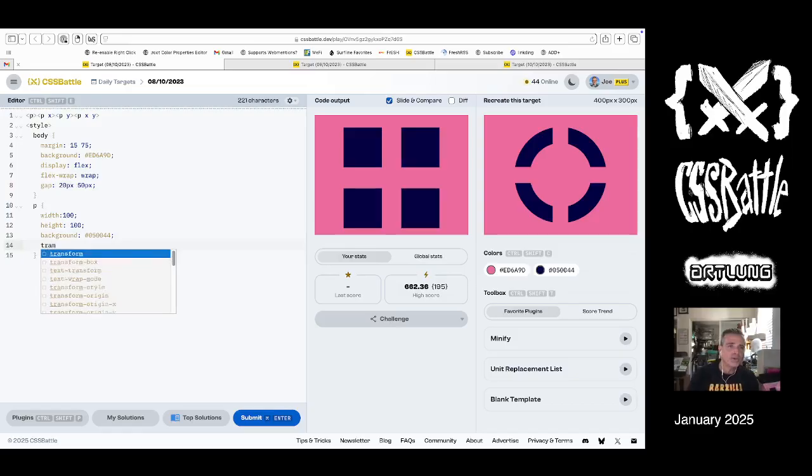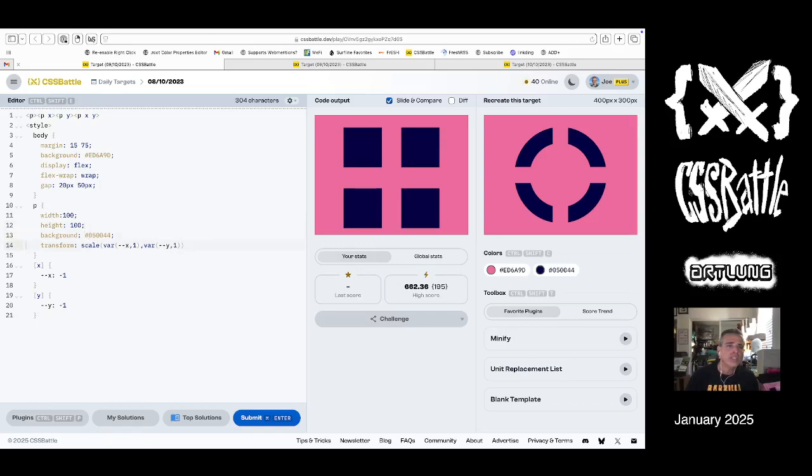I'm going to do a transform scale, and it's going to be a var of dash dash x or 1, and 1 just means have it be the same scale on the x-axis as it was before. And then a second is a var dash dash y or 1. And then when I create these attributes, I'm going to set x to -1, and then the y attribute I will set to dash dash y of -1. And you can't see that yet. Why? Because why is that? That's because we don't have